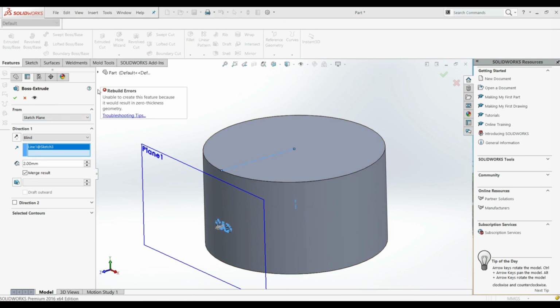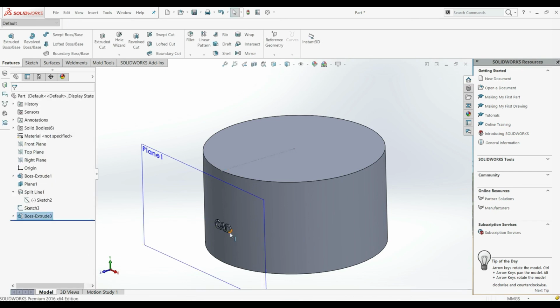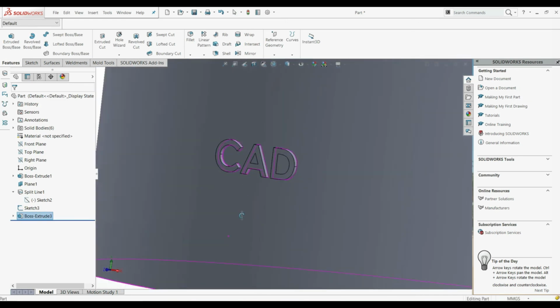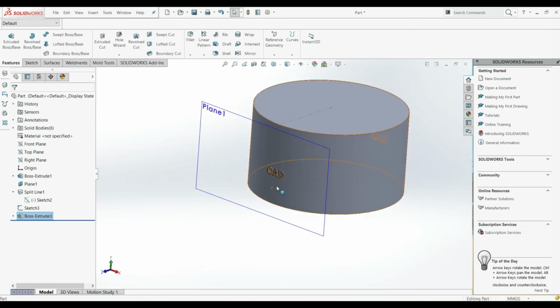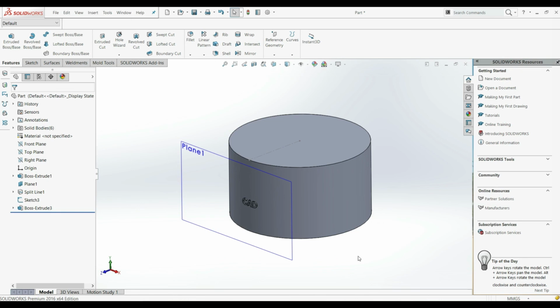And now we have an error here, unable to create this feature because it would result in zero thickness geometry. So we have to uncheck merge result here and let's click OK. And now we have created a text here, like this. And this is how you can create a text using split line on the planar or curved face. As well, there's a faster way to create a text on this face, and this is by using wrap. And that we show in the wrap